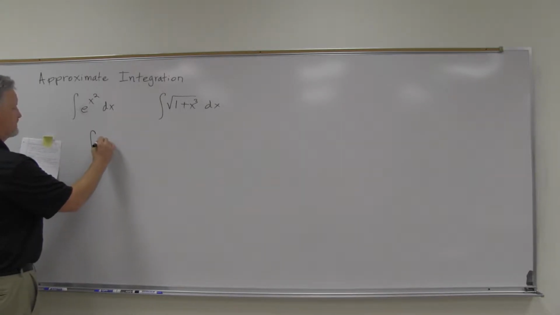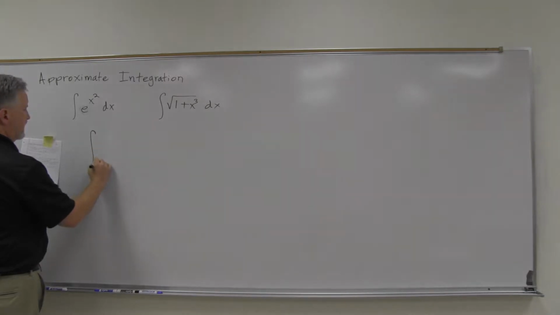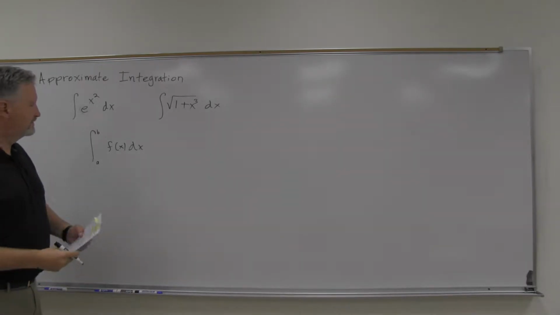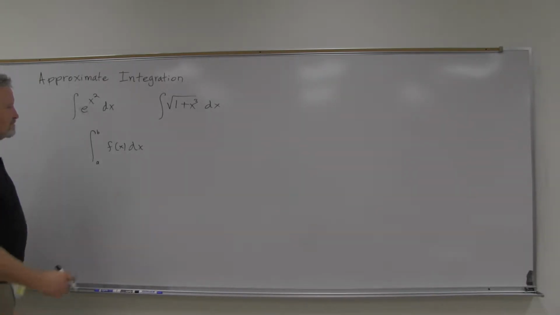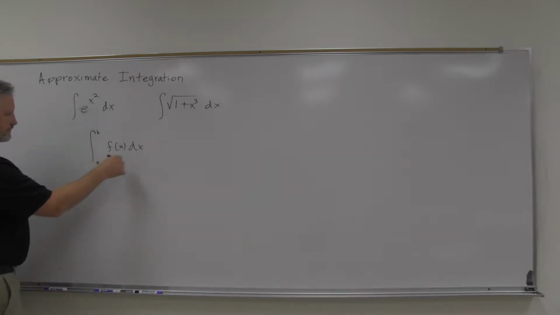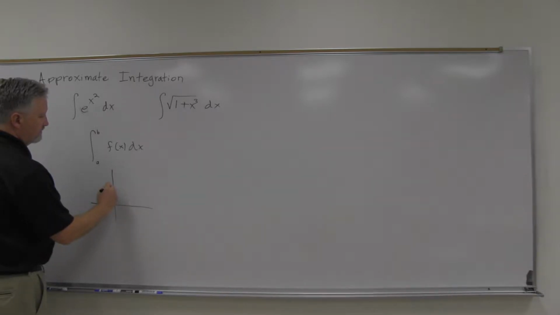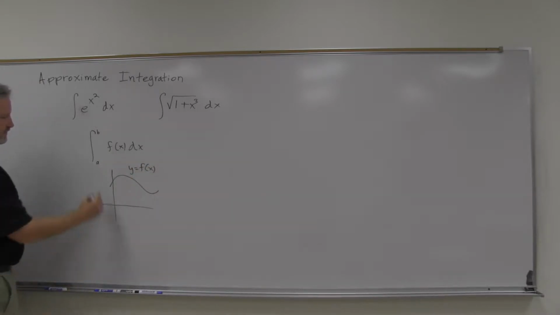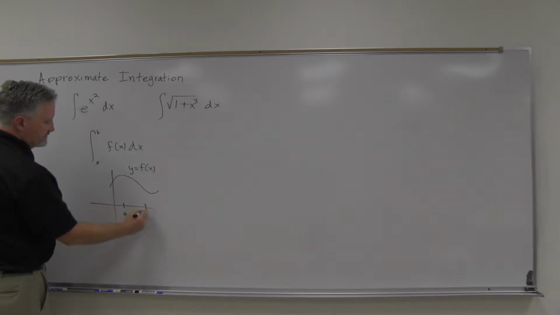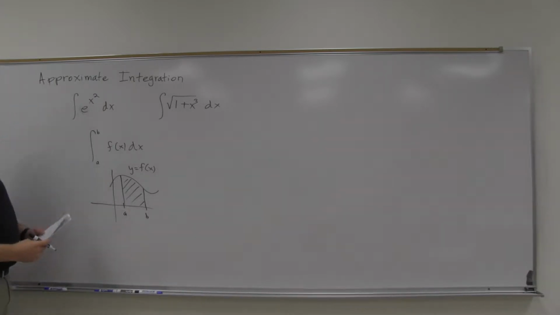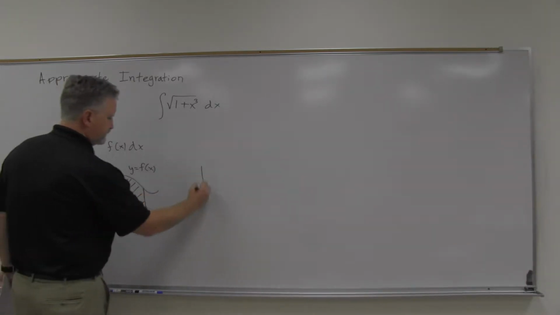So if we've got some function, the integral from a to b of f of x dx, it's been a while since we've talked about the rectangles. Of course, what this means graphically speaking is, if this is our function y equals f of x, from a to b, then it is the area under the curve. If it goes below the axis, you have to talk about the net area, but it all works out with the rectangles. So we use rectangles by maybe dividing up